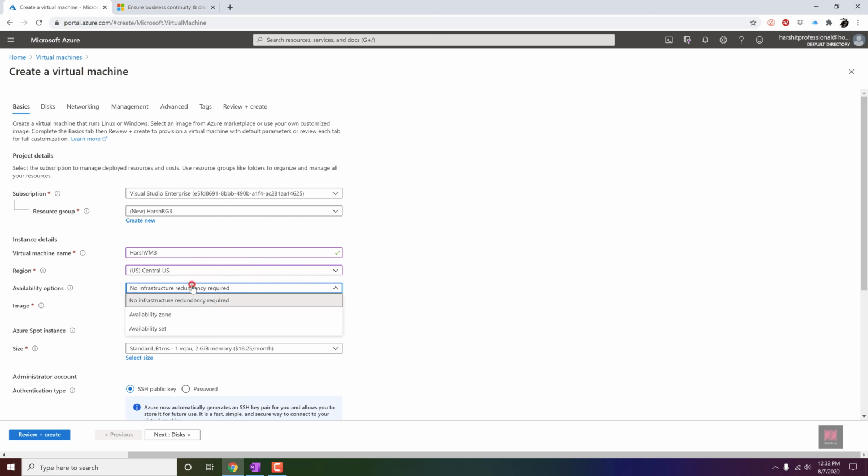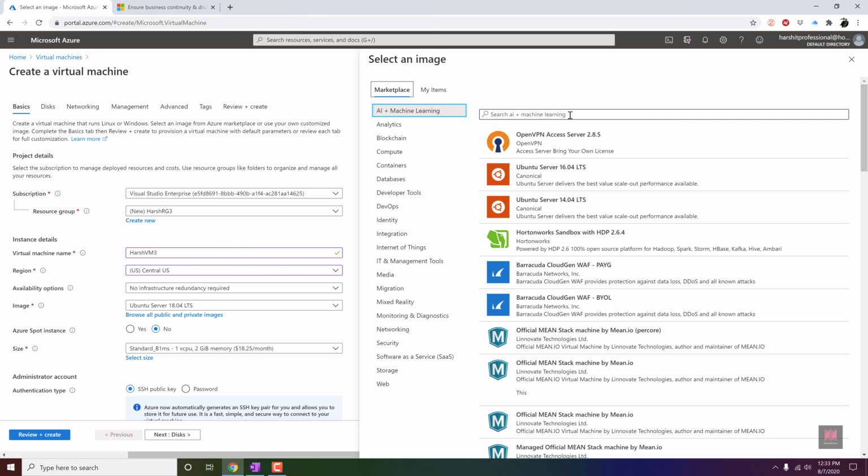So here, no need to choose availability zones because we are talking about the paired region here. We are not talking about availability zone. So don't be confused by this. So choose the Central US as a part of the paired region, which is a great idea. And after that, choose the right